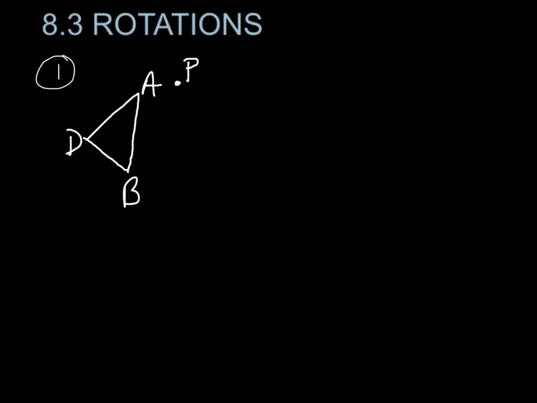In question 1, on page 516, it says, draw the image of each figure for the given rotation about point P. Use prime notation to label the vertices of the image. So here's where it gets not the easiest thing. I'm going to start with A. A is right here, this line. So you actually have to use a protractor, and you have to move it 60 degrees. It says we're going to rotate this 60 degrees. Counterclockwise is always this way, because it's the opposite of a clock. So you actually have to use a protractor and measure